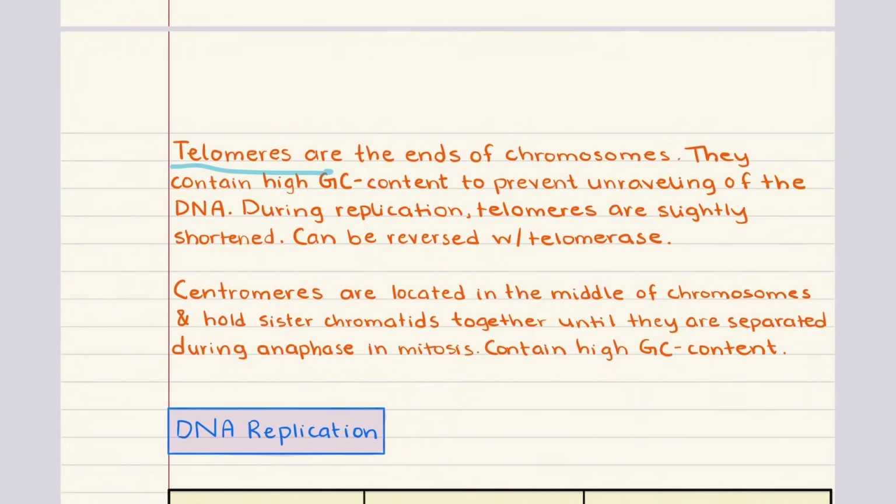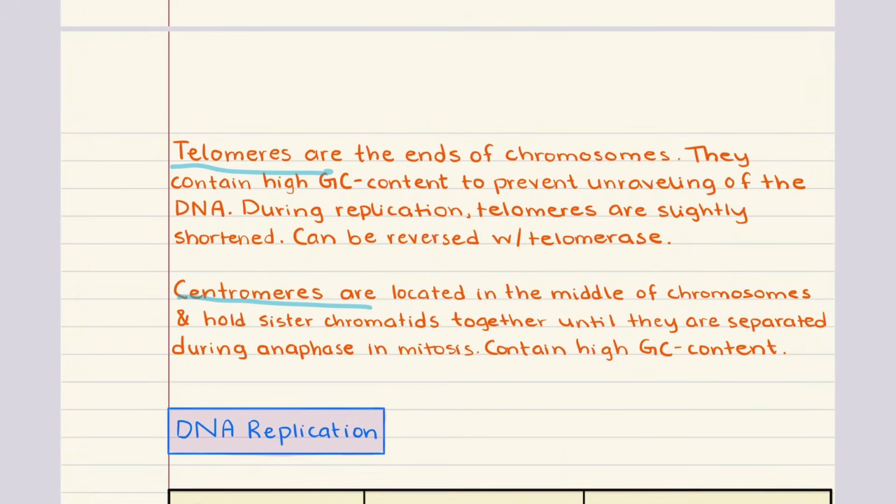This enzyme is active in stem cells, germ cells, and also, unfortunately, often in cancer cells. As for centromeres, these are regions that are found near the middle of chromosomes, and their main role is to hold sister chromatids together after DNA has been replicated. Now, during anaphase of mitosis, the centromere is where spindle fibers attach, so the chromatids can be pulled apart into